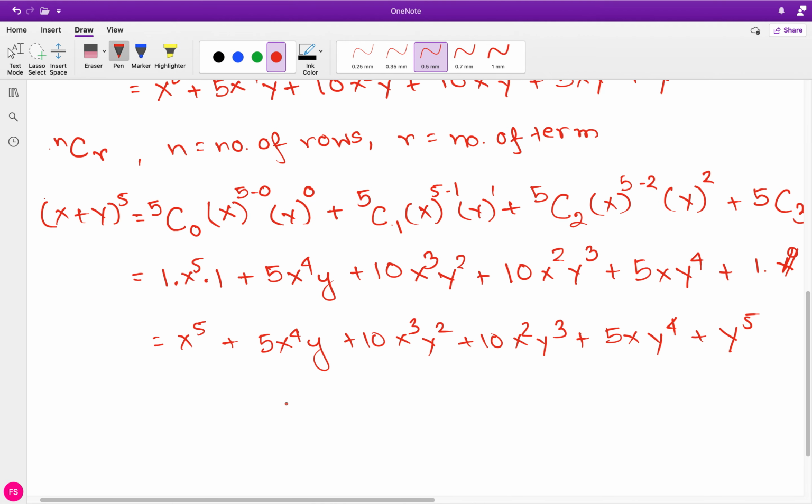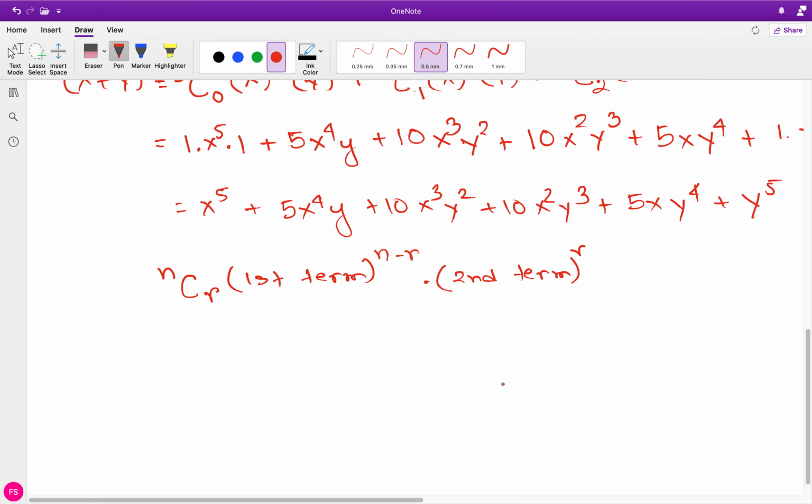So the general form of this is how we write it. It's nCr, and then the first term to the power of n minus r times the second term to the power of r only. Okay, now let's do another example without using